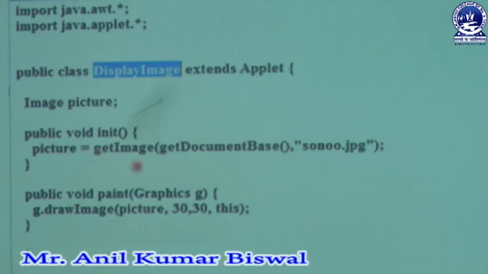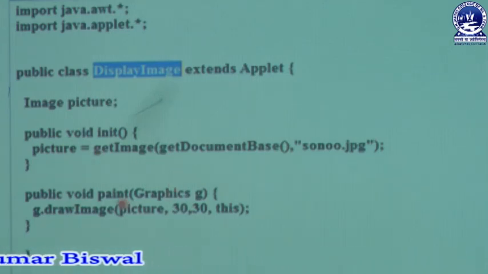Inside that program, we have another method named the paint method, which is declared as public void paint. In that paint method, we have a parameter g, and that g belongs to a Graphics class object. Through that object, we can invoke a specific method named drawImage method. Through that drawImage method, we can easily draw the image whose reference is stored in a picture object, which is a part of the Image class.